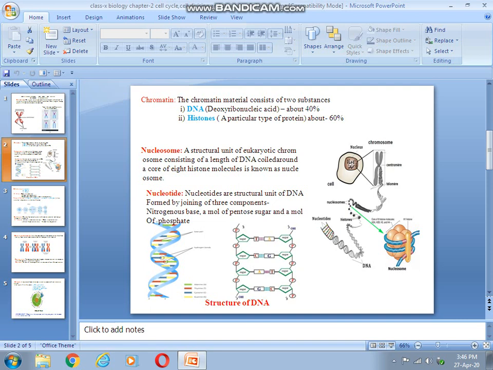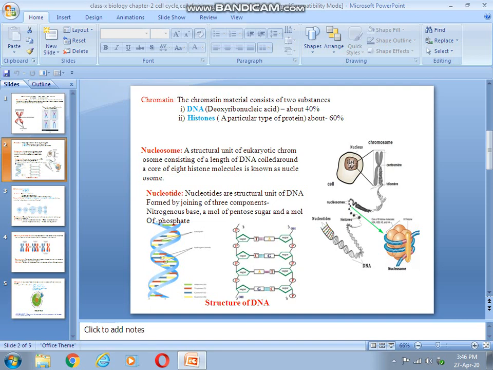Before going through the next discussion, you just go through the structure, I mean the DNA structure. See, it can be compared with a ladder. The strands and rungs are given here. Red and green color is used here. These are the rungs of DNA. It is made up of sugar and nitrogenous bases.